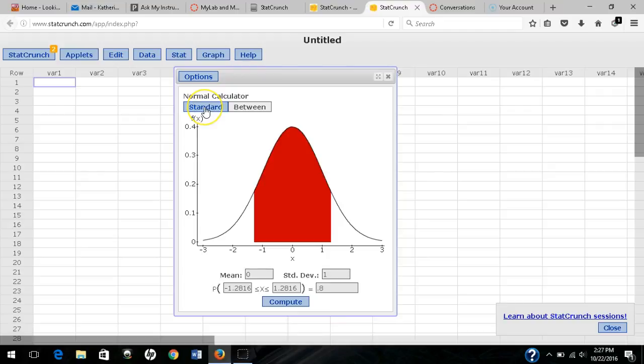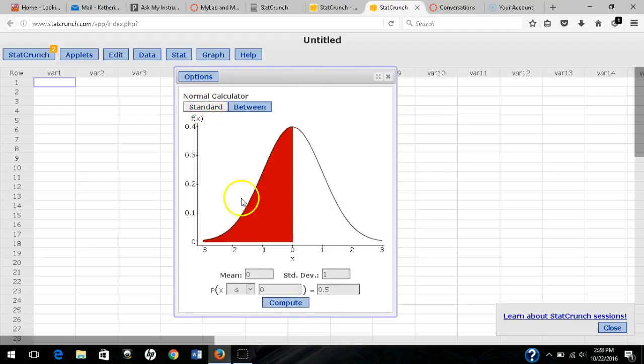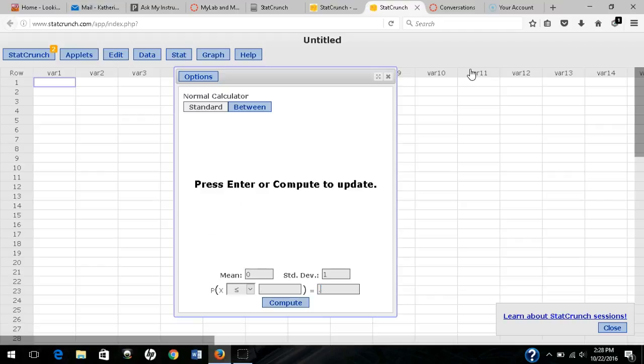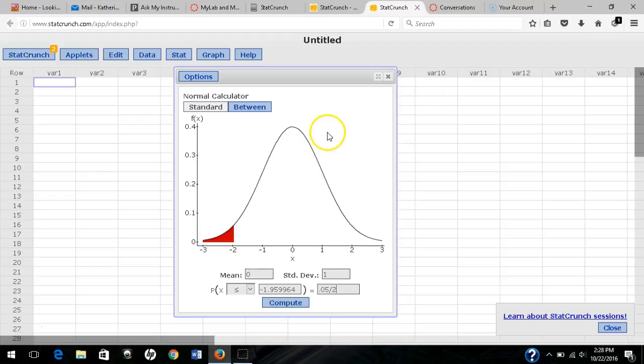What we're going to do if we are given the alpha value is go to the standard here. Let's say I'm given the alpha value of 0.05. Then I am going to find my Z alpha over 2, and in fact I can just type in the calculation. My alpha is 0.05, and if I want alpha over 2, just divide by 2, enter, and what that'll do is tell me that if alpha is 0.05, then the alpha over 2 value actually happens to come out at